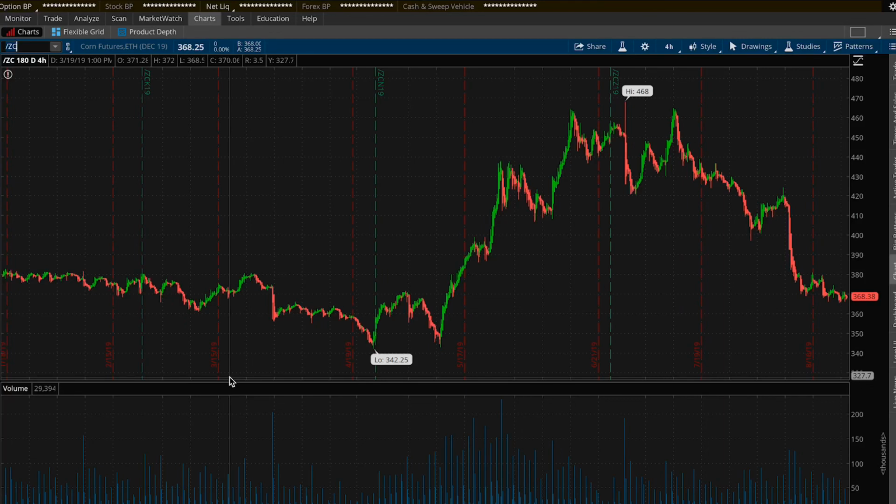But remember, there's a couple key things that we look for. We look for liquidity and we also look for volatility. So is the underlying liquid? Are a lot of people trading it? Is it volatile? Do we see a lot of movement in the underlying on a daily basis? Those are some of the things that you're looking for. Looking at corn, for example, that is a check on both. It's very liquid, it's very volatile,